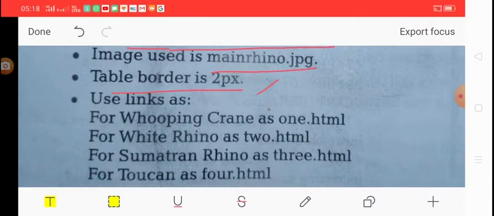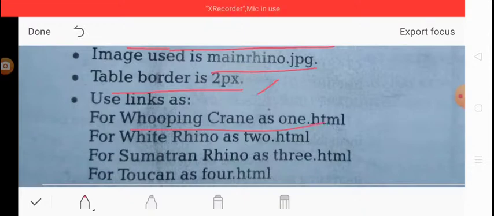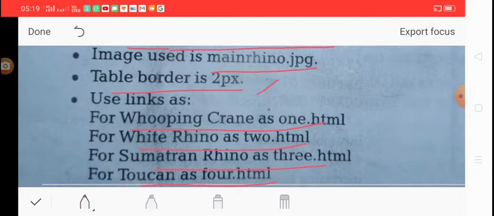When we see the web page, we have a doubt about the links, but here it is clearly indicated: hooping cranes links to 1.html, white rhino to 2.html, different links for different pages. 1.html, 2.html, 3.html and 4.html.